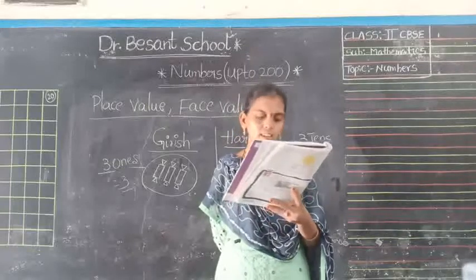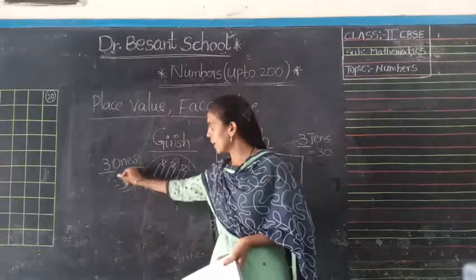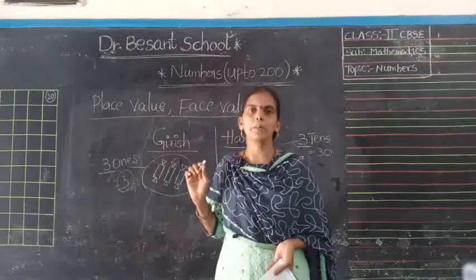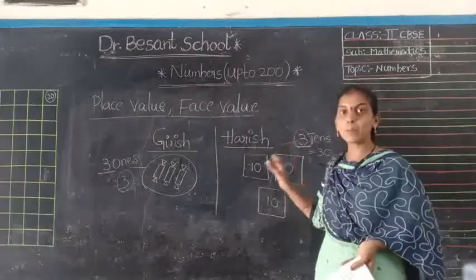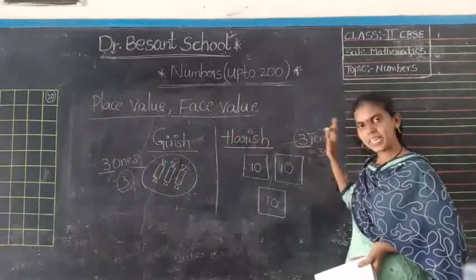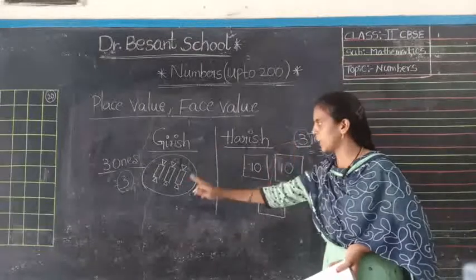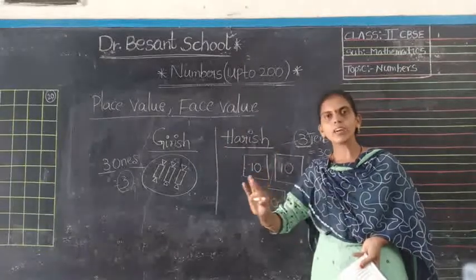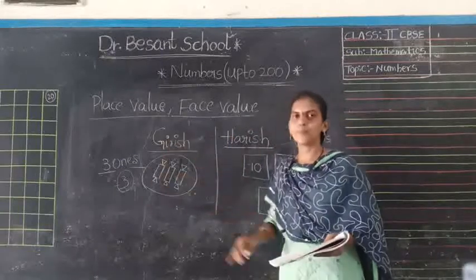Sorry children. 3 is the face value of the number. Here if you see the number 3, this is called the face value of the given number. Though it may be in ones place, here it may be in tens place. The face value of the number 3 on both the sides never changes. Yes, it will remain the same.